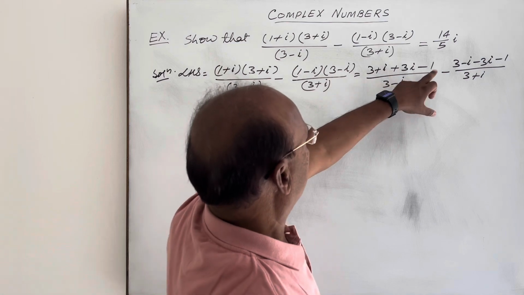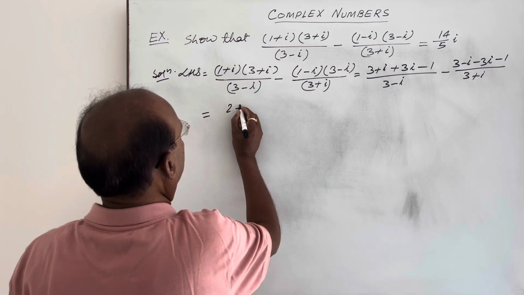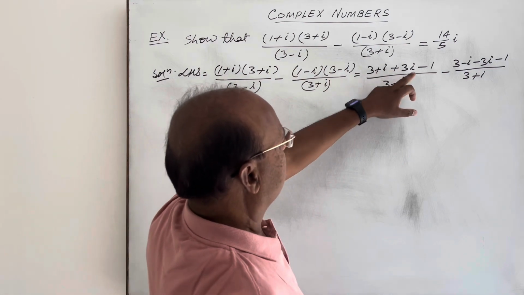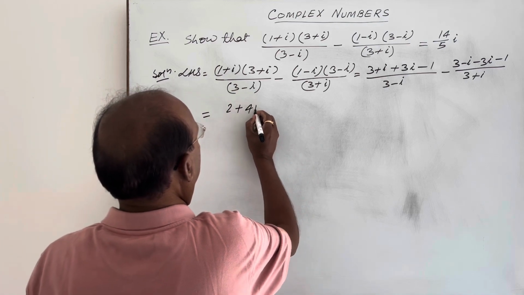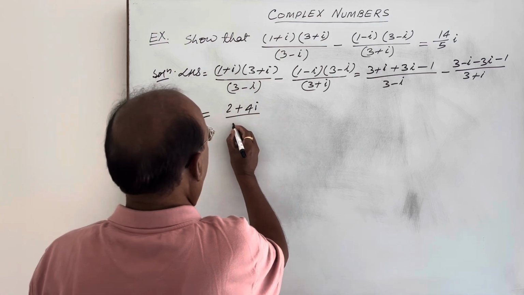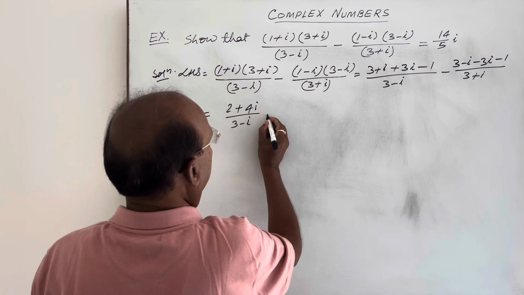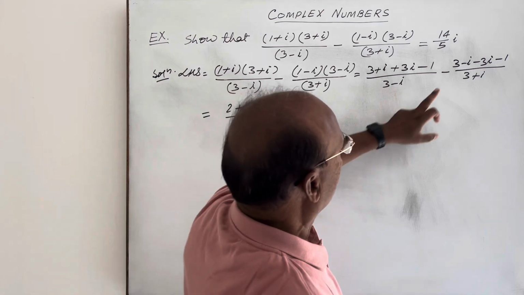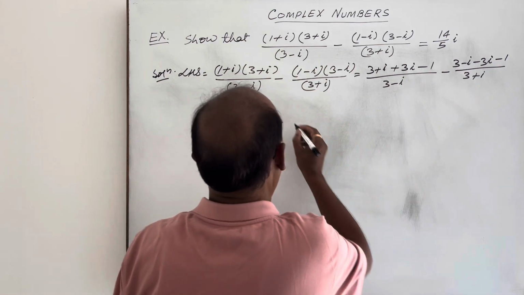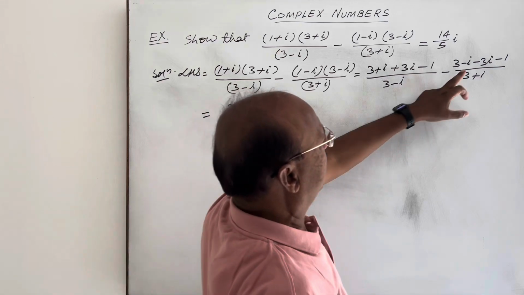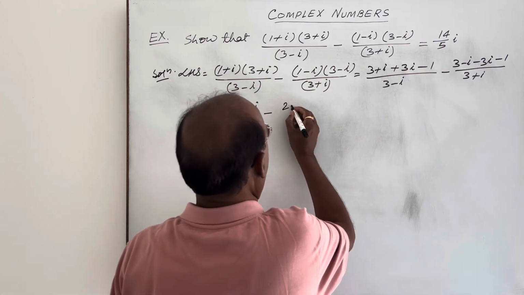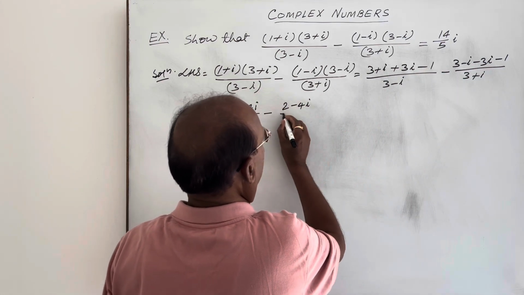Here 3 − 1 is 2, plus i plus 3i is 4i, divided by 3 − i, minus 3 − 1 is 2 and minus i minus 3i is minus 4i, divided